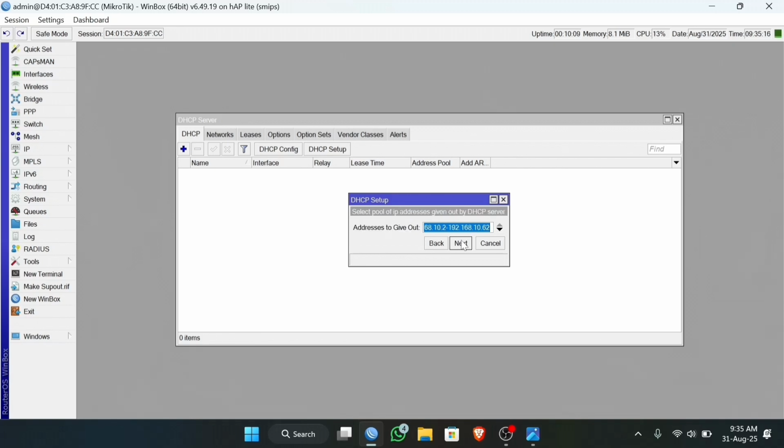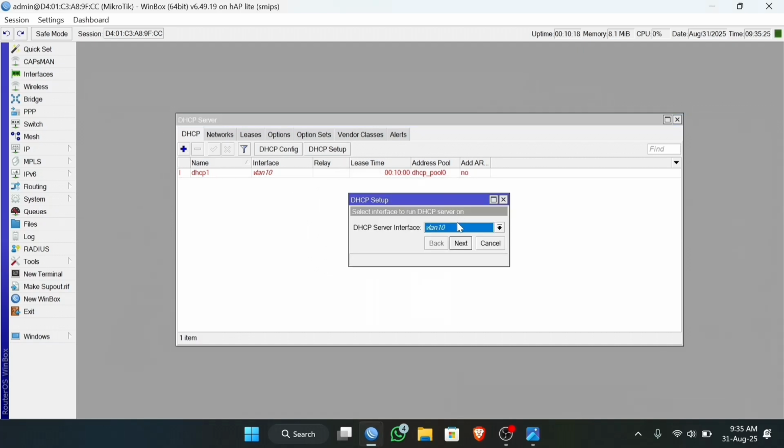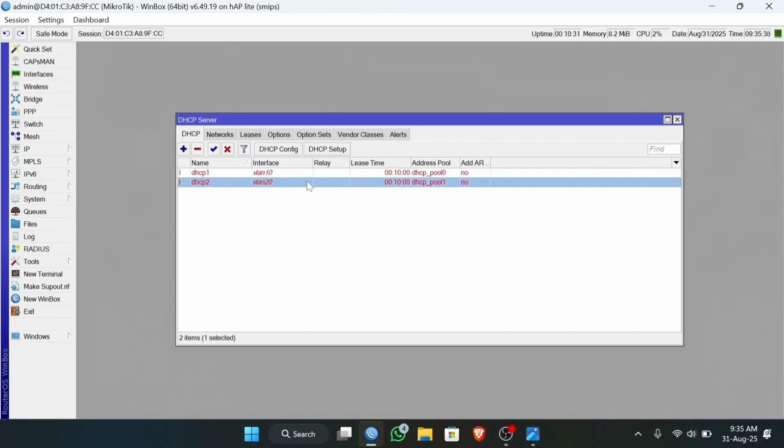Next, or enter, until this step is successful. Then click DHCP Setup again and change the interface to VLAN 20. Then next. Done, guys. We have a DHCP server for every VLAN. Then close the tab and